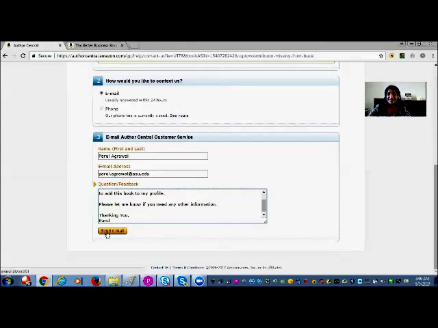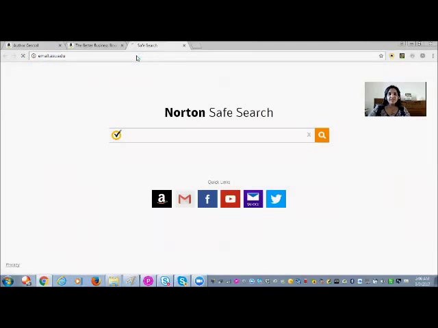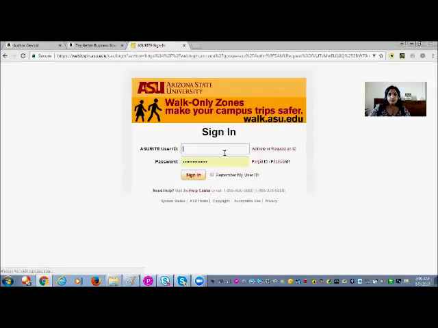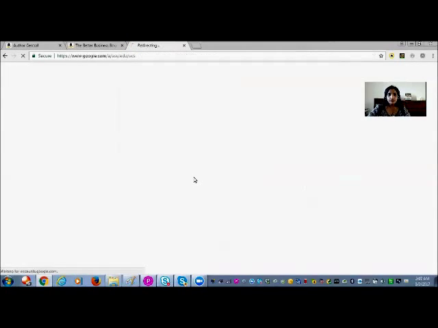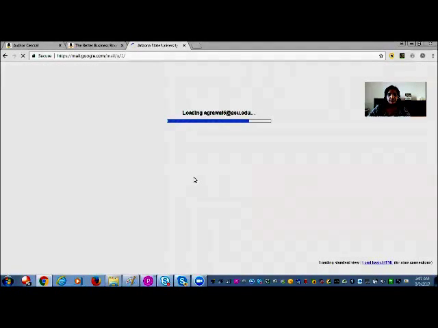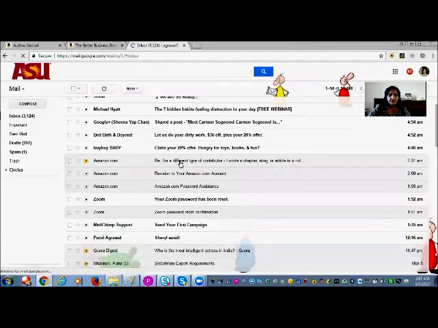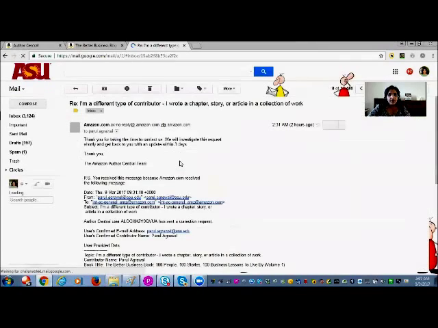Once you press send email, another window will pop up which will tell you, hey, your request has been submitted and we'll be reviewing it. And you will also get an email from Amazon. So let me check my inbox and see if I have received any email from Amazon. Internet is running a little bit slow today, acting up. Okay, so I did receive an email from Amazon in the past, so I'll just click on this and say,